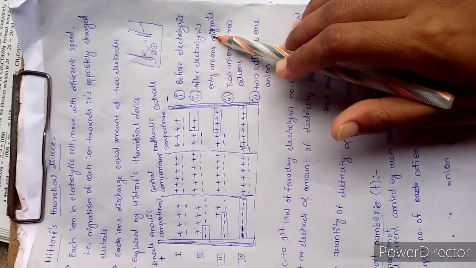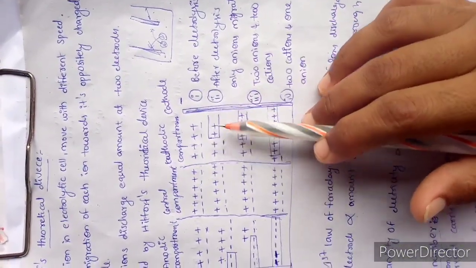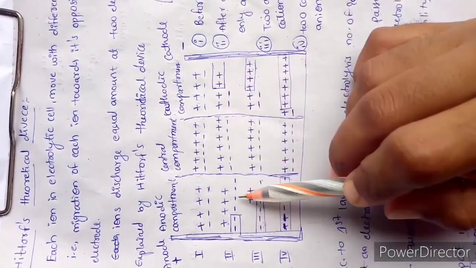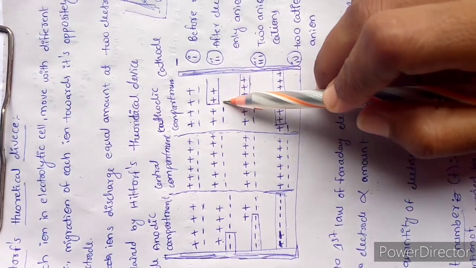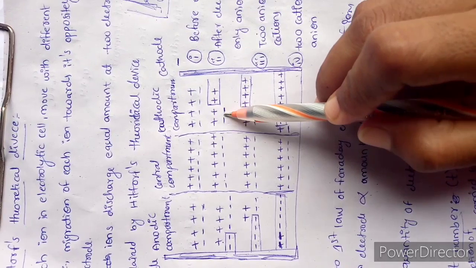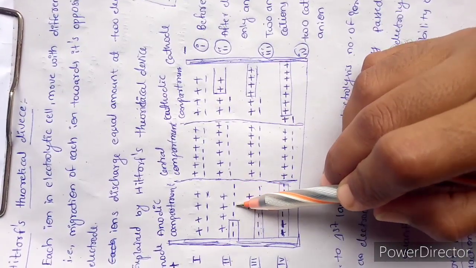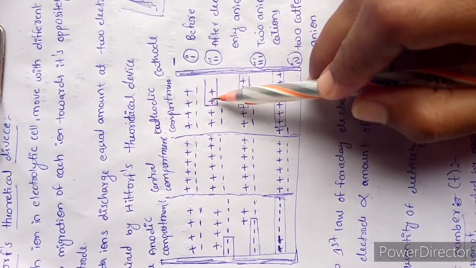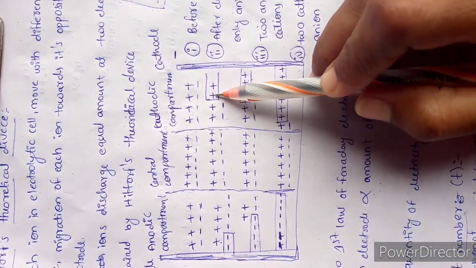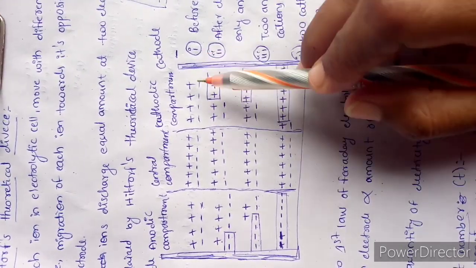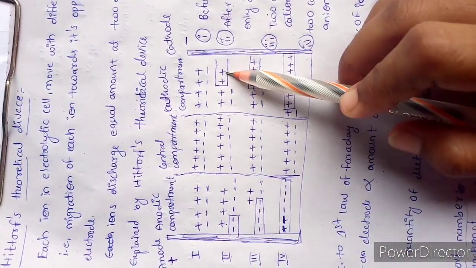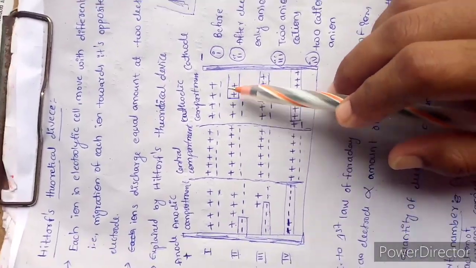Next, case 2. After electrolysis, if only anions are capable of migrating towards the anode. And see here, after moving anions from here to here, the number of pairs will be 2 here and here 1, 2, 3, 4 pairs. And the remaining unpaired ions: here anions 2, here cations 2. So therefore the number of ions present at cathode and anode are equal. The number of unpaired ions is equal, even though ions move with different speeds.